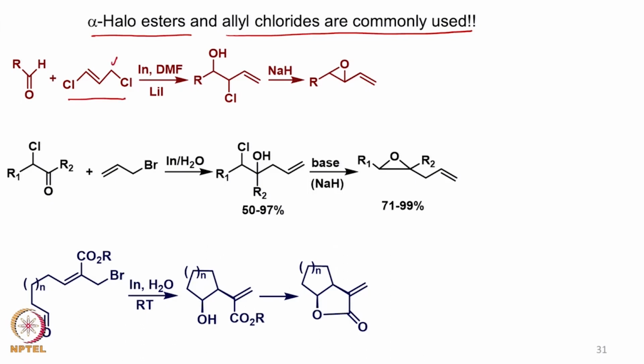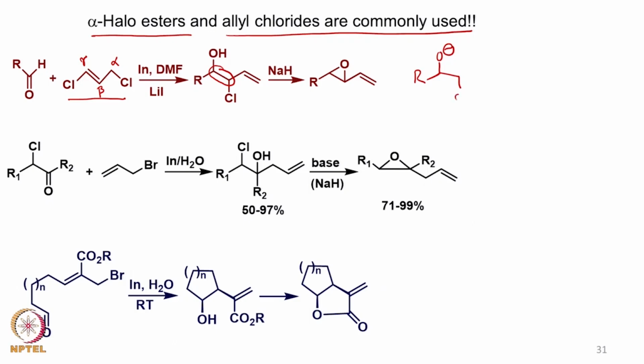So obviously this is an alpha position, this is a beta position, and this is the gamma position. The reaction takes place through the gamma carbon atom, and therefore we can get an orientation of the hydroxy and the chlorine as this. And once we react such a vicinal chlorohydrin with sodium hydride, which is a base, then of course you can deprotonate this and we can have O minus here,